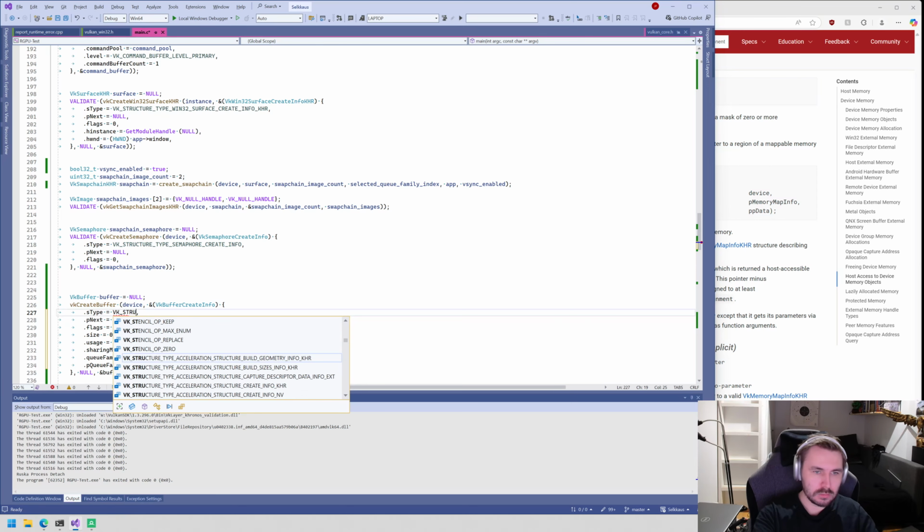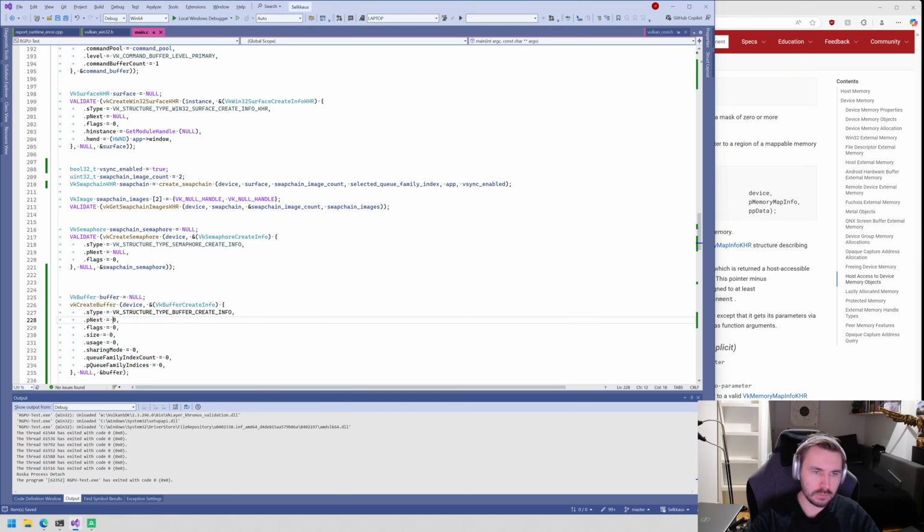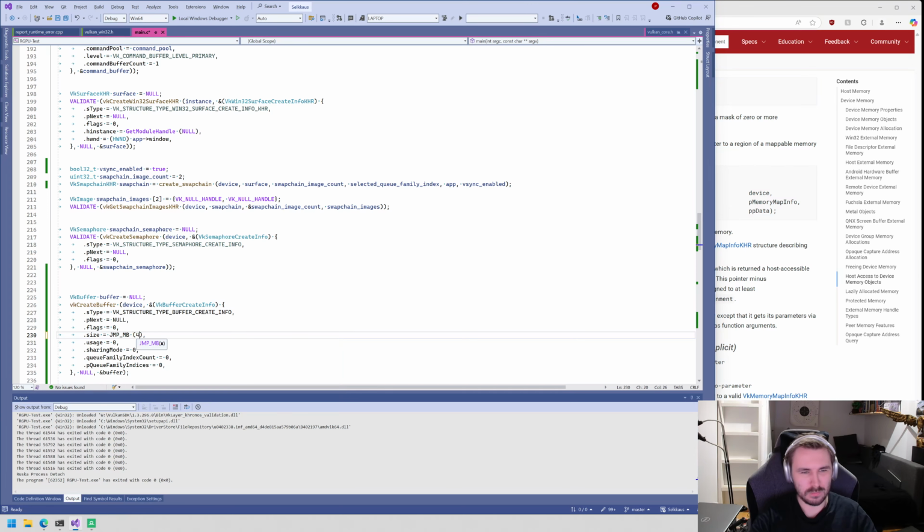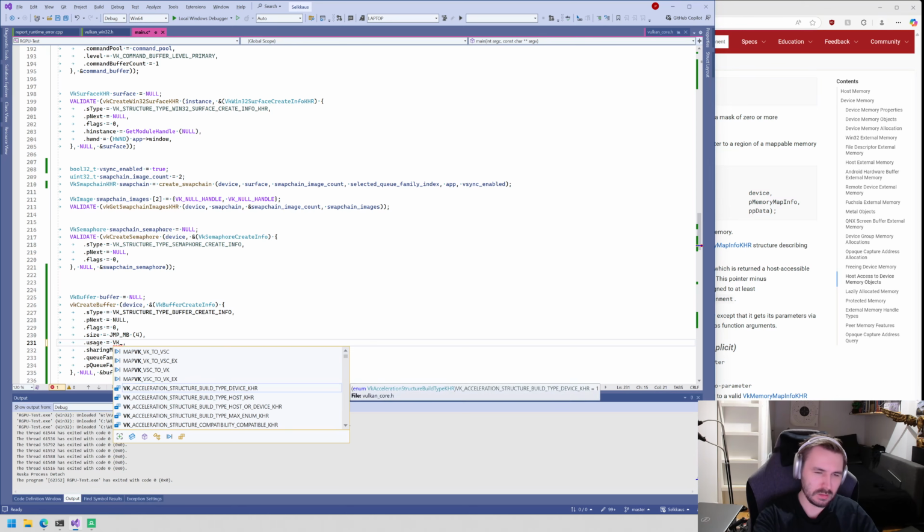Creating for flags. I don't know. We don't need flags. Or maybe we do. Okay. I don't know. Let's make a 4 megabyte buffer. And VkBuffer